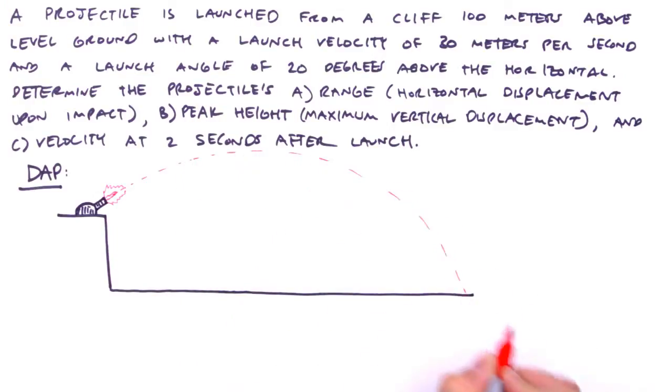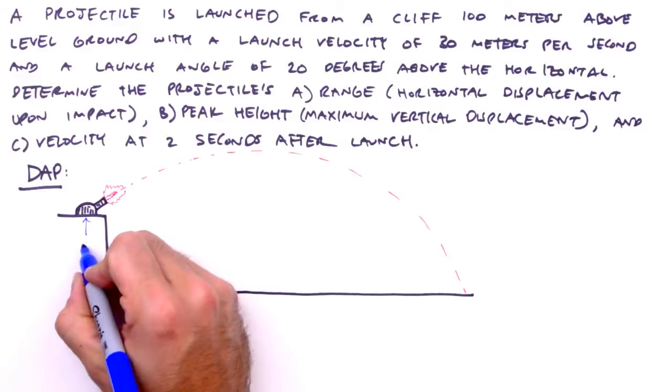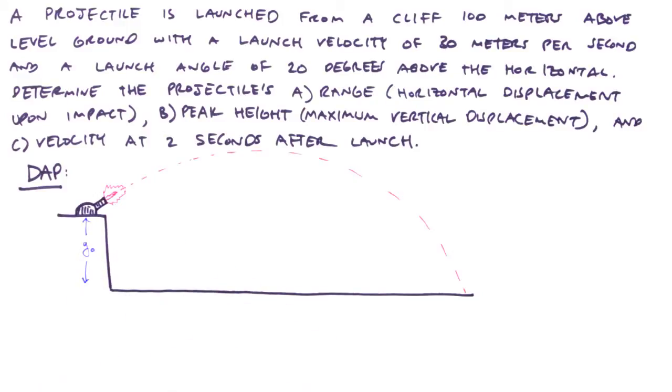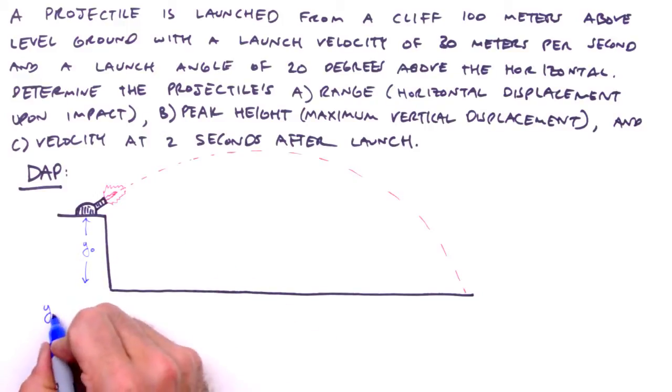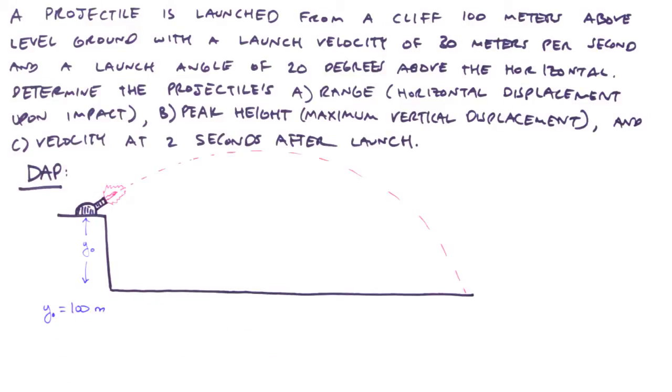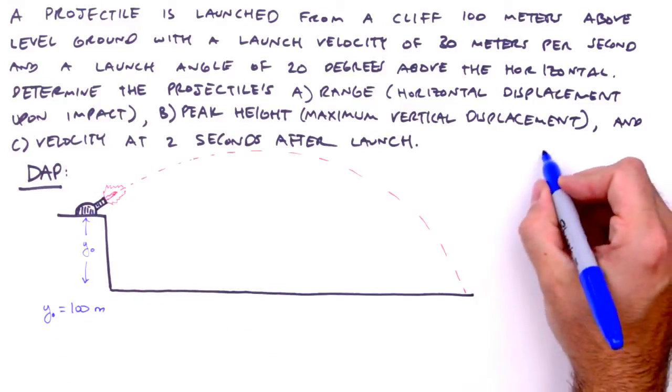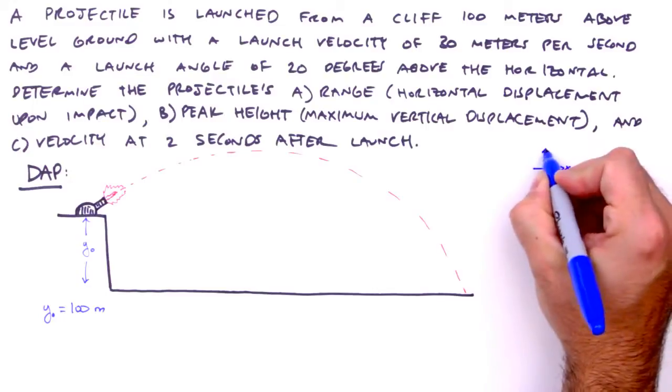And there's our trajectory. And we're done with the picture. Not much to this one. Yet. So what are our knowns and unknowns? To start, we're given the height of the cliff, which is to say the initial vertical displacement. And that's 100 meters. Of course, we've already implied our coordinate system, but we need to be explicit and include